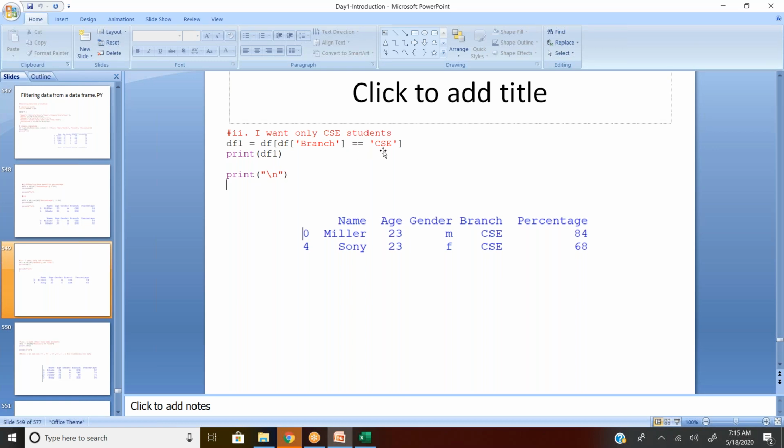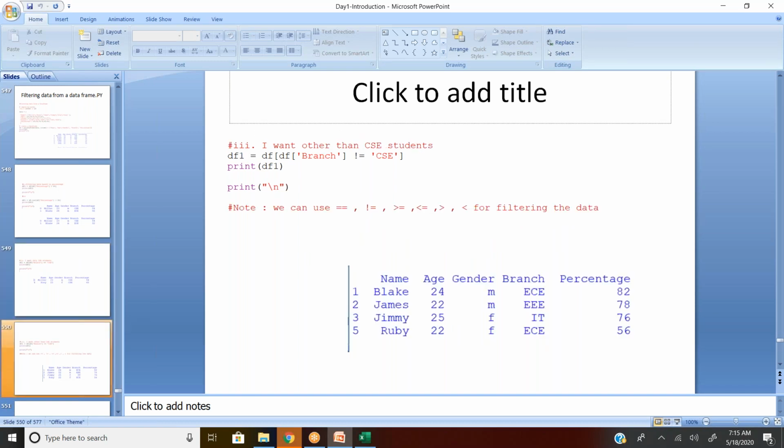So double equal to CSE. It's a string, so I give it in quotation marks. Wherever the condition is satisfied, that data will be copied to your df1. So you can see only the branch CSE. You can use any kind of operators.